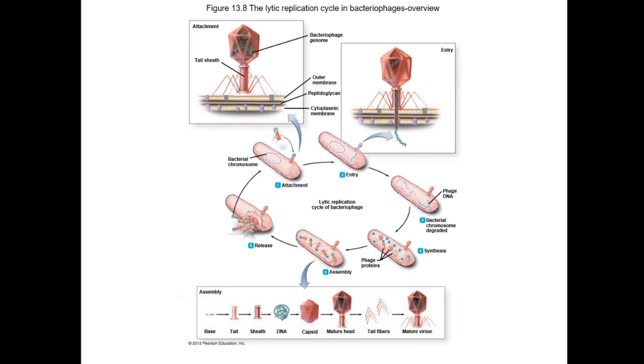Then the DNA from the virus will be integrated in the chromosome of the host cell. Otherwise, it can't integrate RNA in DNA. So it has this enzyme, reverse transcriptase, that changes the RNA into DNA, and this DNA will be integrated in